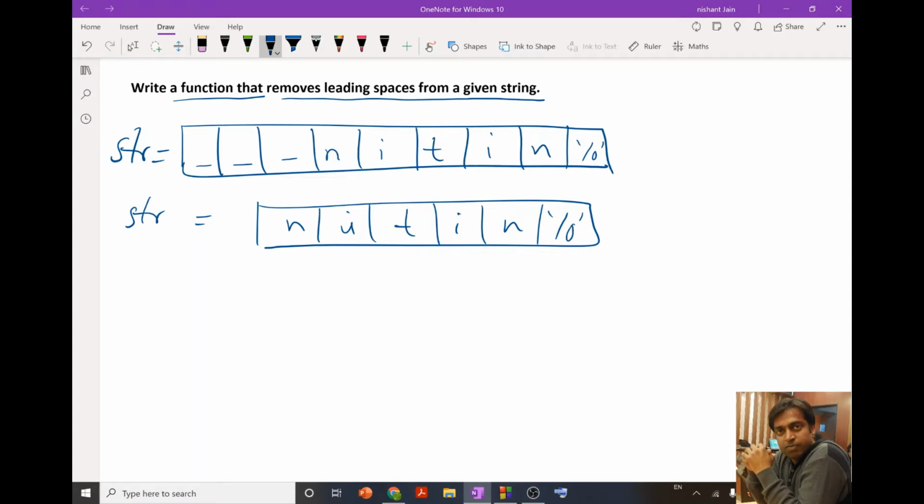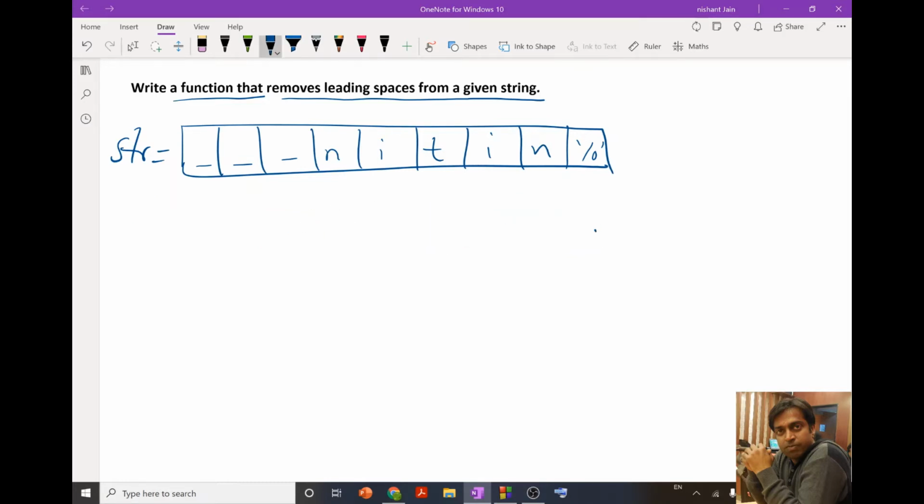Now to remove these leading spaces, suppose this is the starting address. First of all we need to count how many spaces are there.